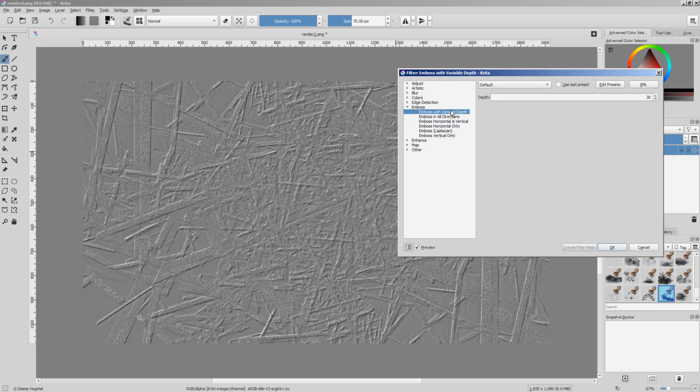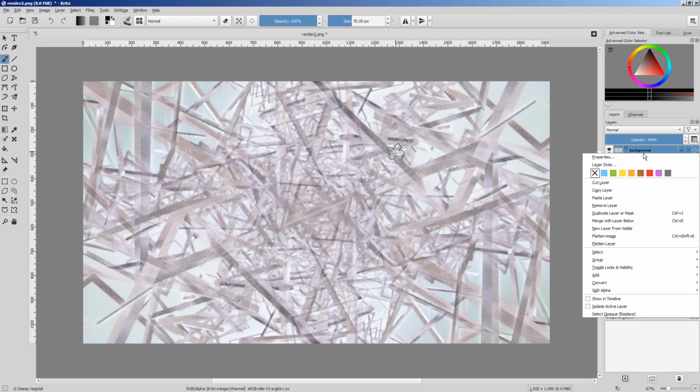I'll duplicate the layer and add another filter on the new layer, and lower its opacity afterward.